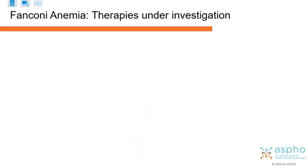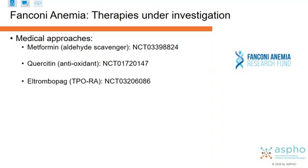So there are multiple medical therapies currently in trial under investigation. These include those associated with FAR funding, including metformin, eltrombopag, and quercetin. For full disclosure, I'm the PI on the metformin trial, which is based on preclinical data from Dr. Markus Grompe's group in Oregon, which had demonstrated improved blood counts and delayed tumor formation in Fanconi mice, as well